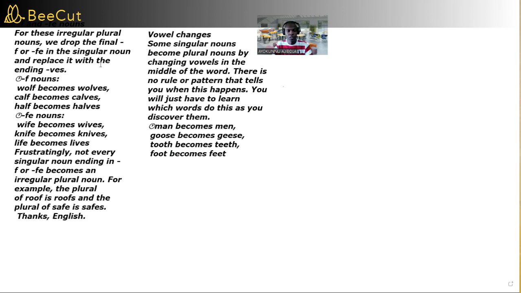So put down what you have. We said those that are regular form their plural by just adding s. For example, apple becomes apples and bug becomes bugs. But those that are irregular will have to take a new shape when forming a plural. For example, wolf becomes wolves, calf becomes calves, and knife becomes knives, and so on. Now, after this, another group where vowels have to change. The vowels are A, E, I, O, U. Like man becomes men. The vowel A changes to E. Goose becomes geese, tooth becomes teeth, and foot becomes feet.